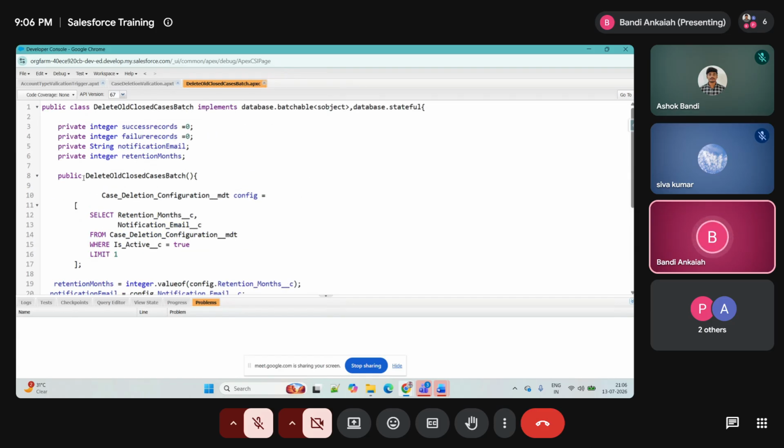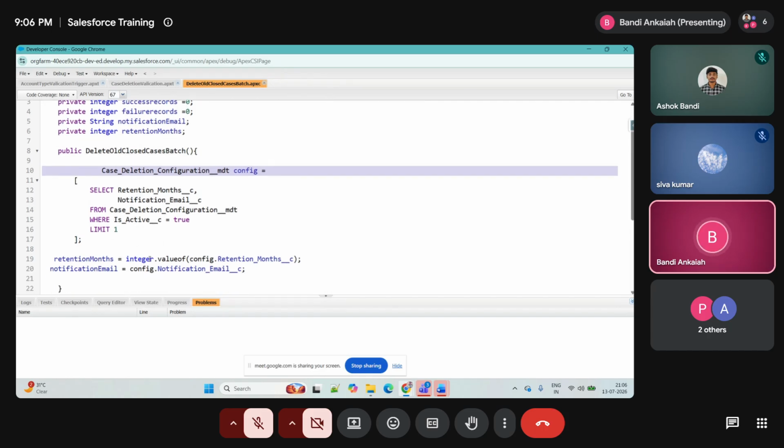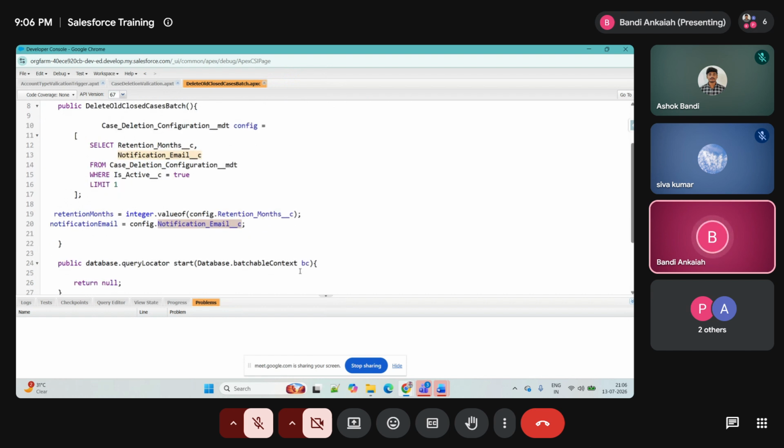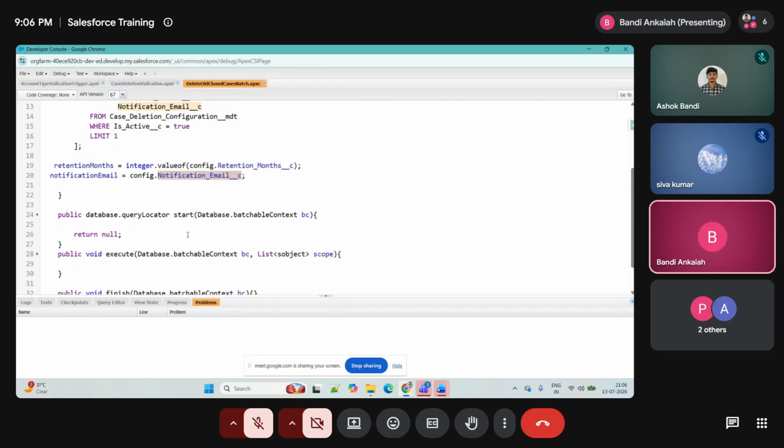So now, what did we get initially in case deletion? When this batch apex runs, at that time itself we are fetching the respective custom metadata settings. From that custom metadata settings we are getting the number of months as well as the notification email, to whom we are going to send an email. And now what you need to do here: which records do we need to query? We need to query case records. List of